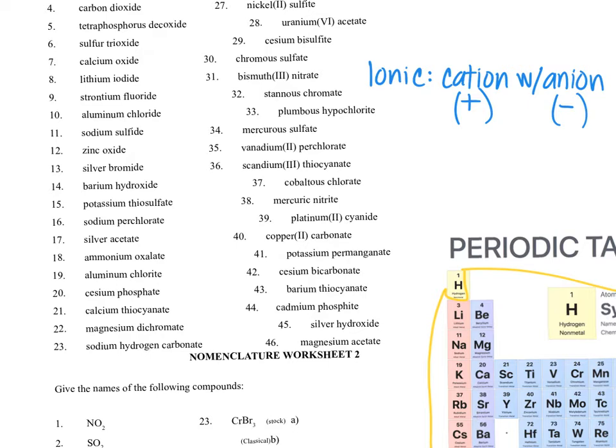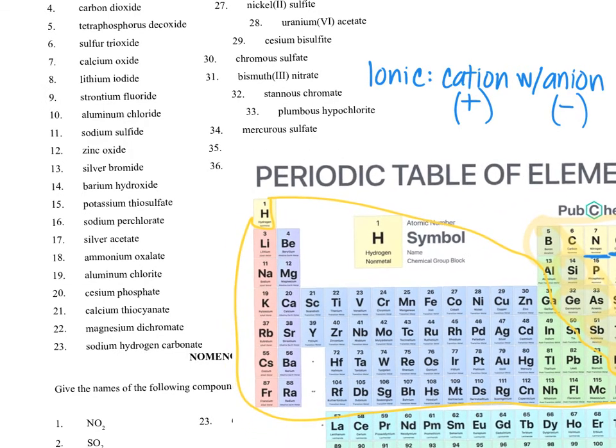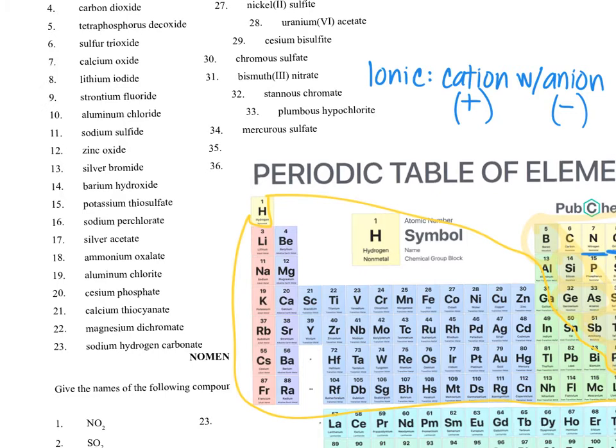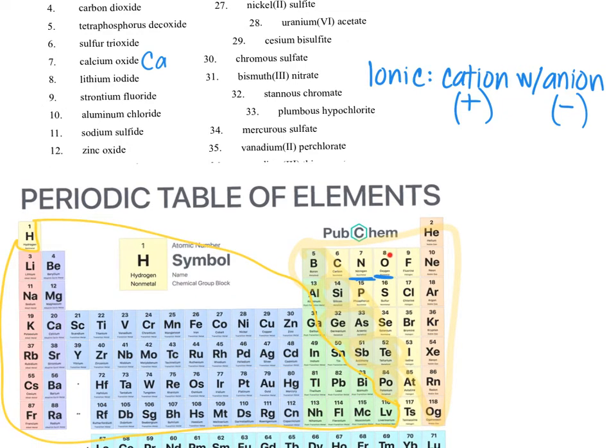So 7 is calcium, and it's even more important to have your periodic table when you're doing ionic compounds, because you need to identify the charges. So again, calcium. Let's identify where calcium is. Calcium's right here. First, I'm just going to write down the symbol for calcium, which is Ca, and then oxide comes from oxygen. So let's identify where oxygen is. That gives me the